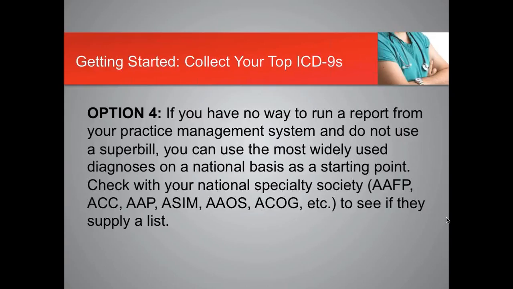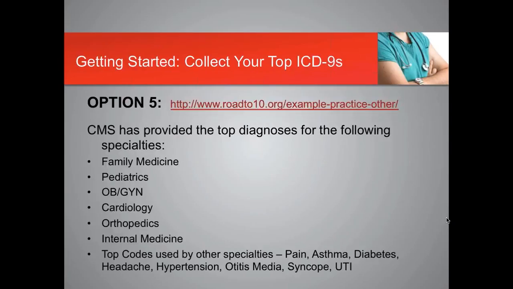If you can't find a way to run it from your practice management system and you don't use a super bill, check with your National Specialty Society, the ACC for cardiology, the AAP for pediatrics, internal medicine, orthopedics, whatever society or association your providers belong to, and look on their website, but also call them to see if they have a list they can provide to you. And if all else fails, you can go to the internet. CMS has a website called